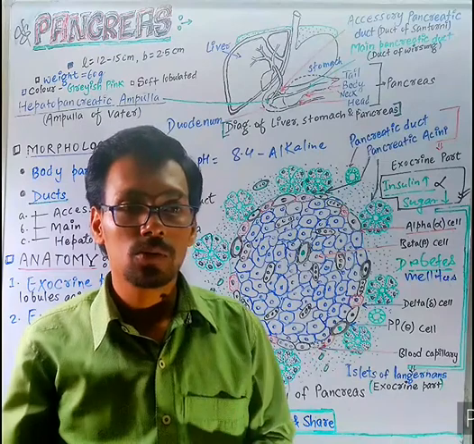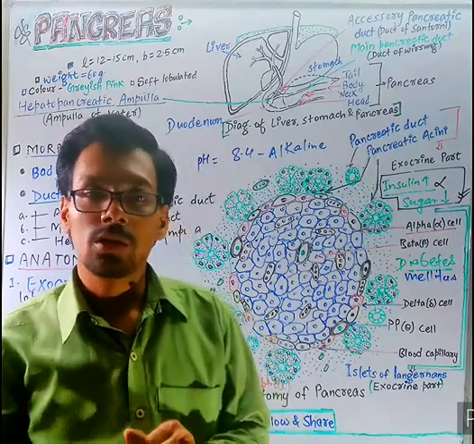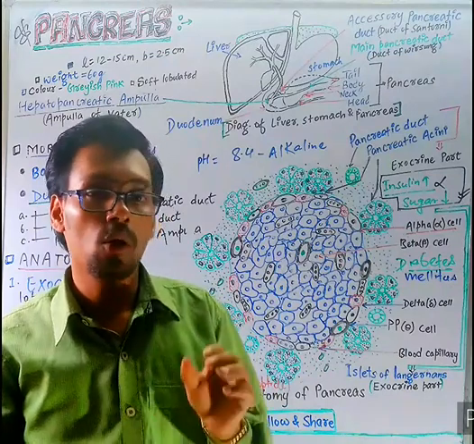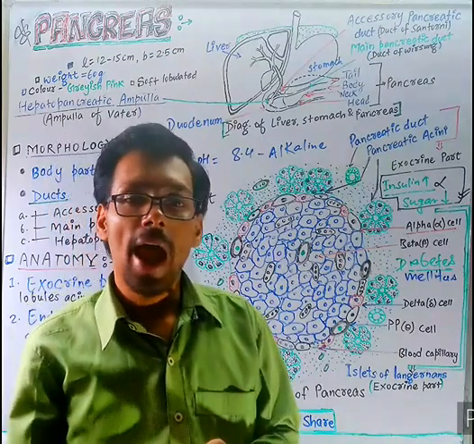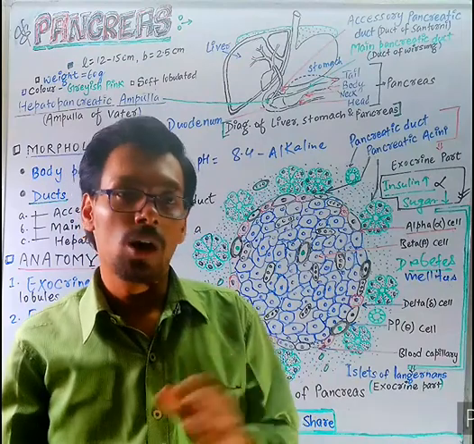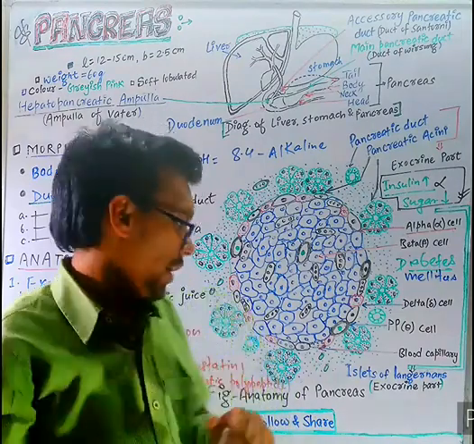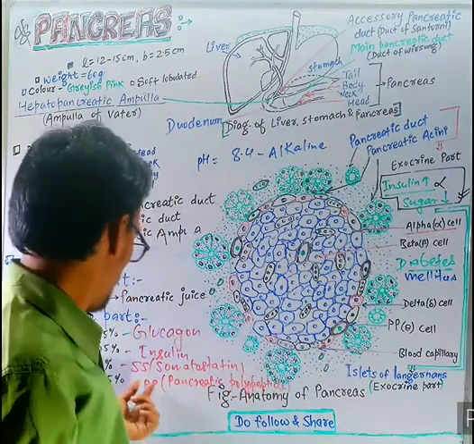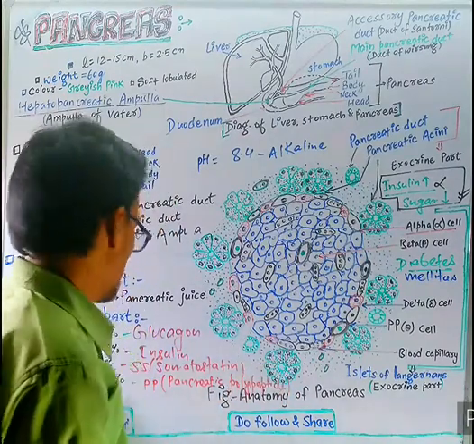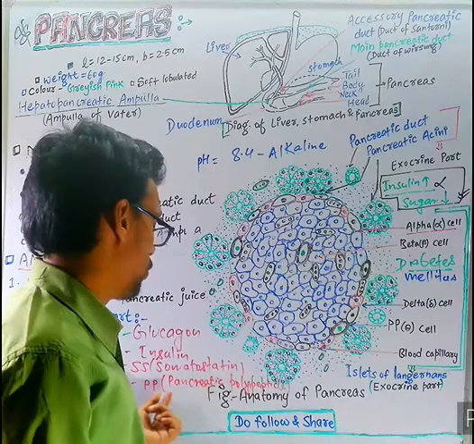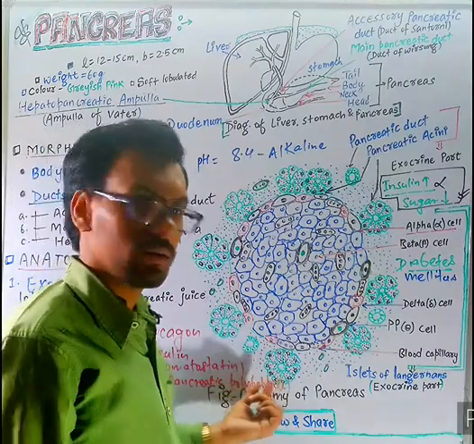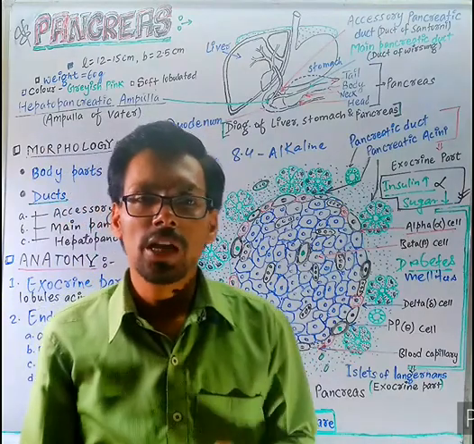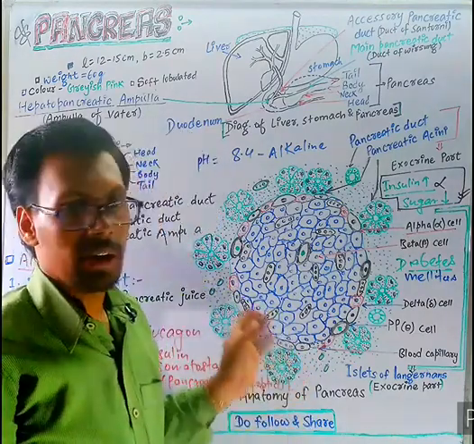Somatostatin secreted in the hypothalamus acts as growth hormone inhibiting hormone. It inhibits the secretion of growth hormone by the pituitary gland. Next, PP cells. PP cells have a concentration of 15%. PP stands for pancreatic polypeptide. Pancreatic polypeptide functions to suppress or check the release of pancreatic juice.